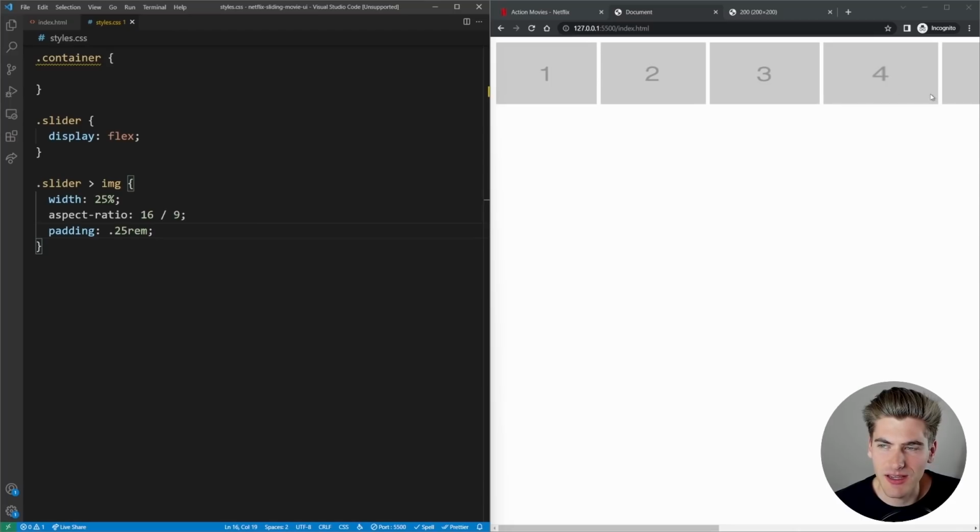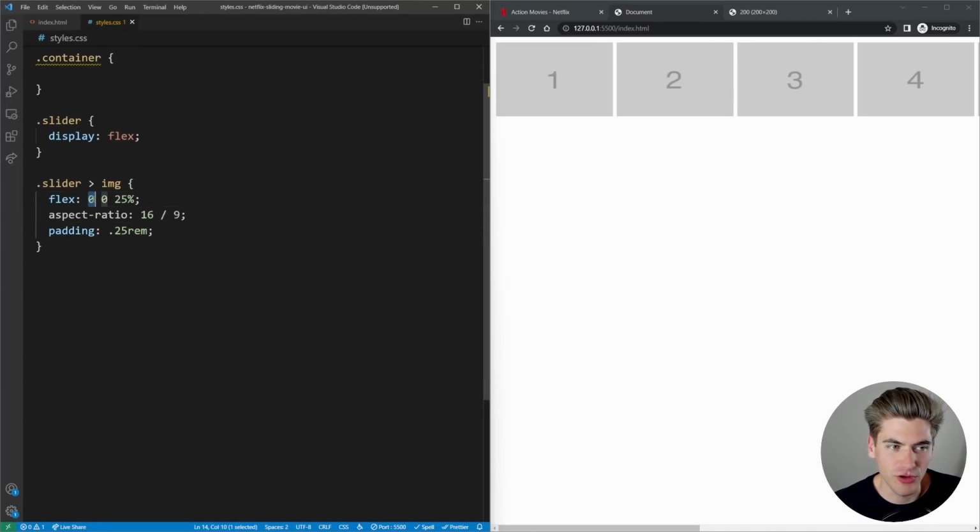And you can notice that their size is actually slightly different than you would expect. That's because Flexbox is like growing and shrinking. A way to get around that is we can say flex 0, 0, 25%. What that's going to do is say flex grow is 0, flex shrink is 0, and our width should be 25%. So it essentially prevents Flexbox from doing any of its flexible stuff. The main reason I'm using Flexbox here is just so we have our child elements fitting inside of each other super nicely.